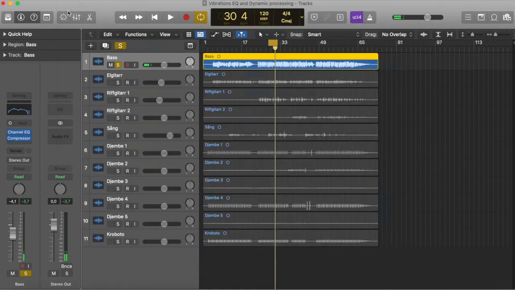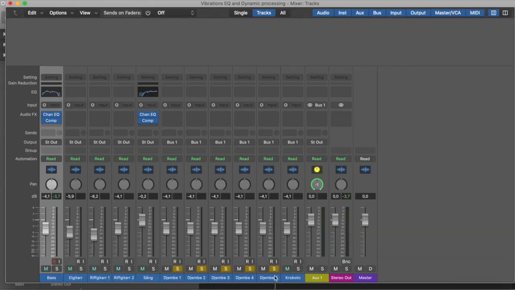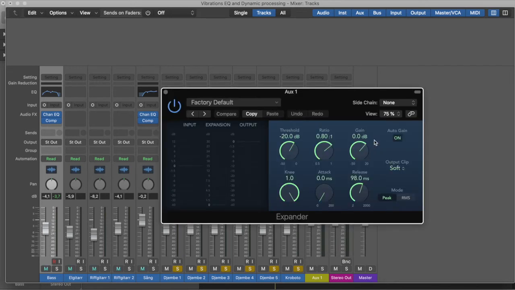Okay, so that was it for the compressors. Let's try the expanders. I have a drum group here with a drum bass and a craboto, and I've sent them to a bus here on which I'm gonna place an expander, and here you can see the same parameters